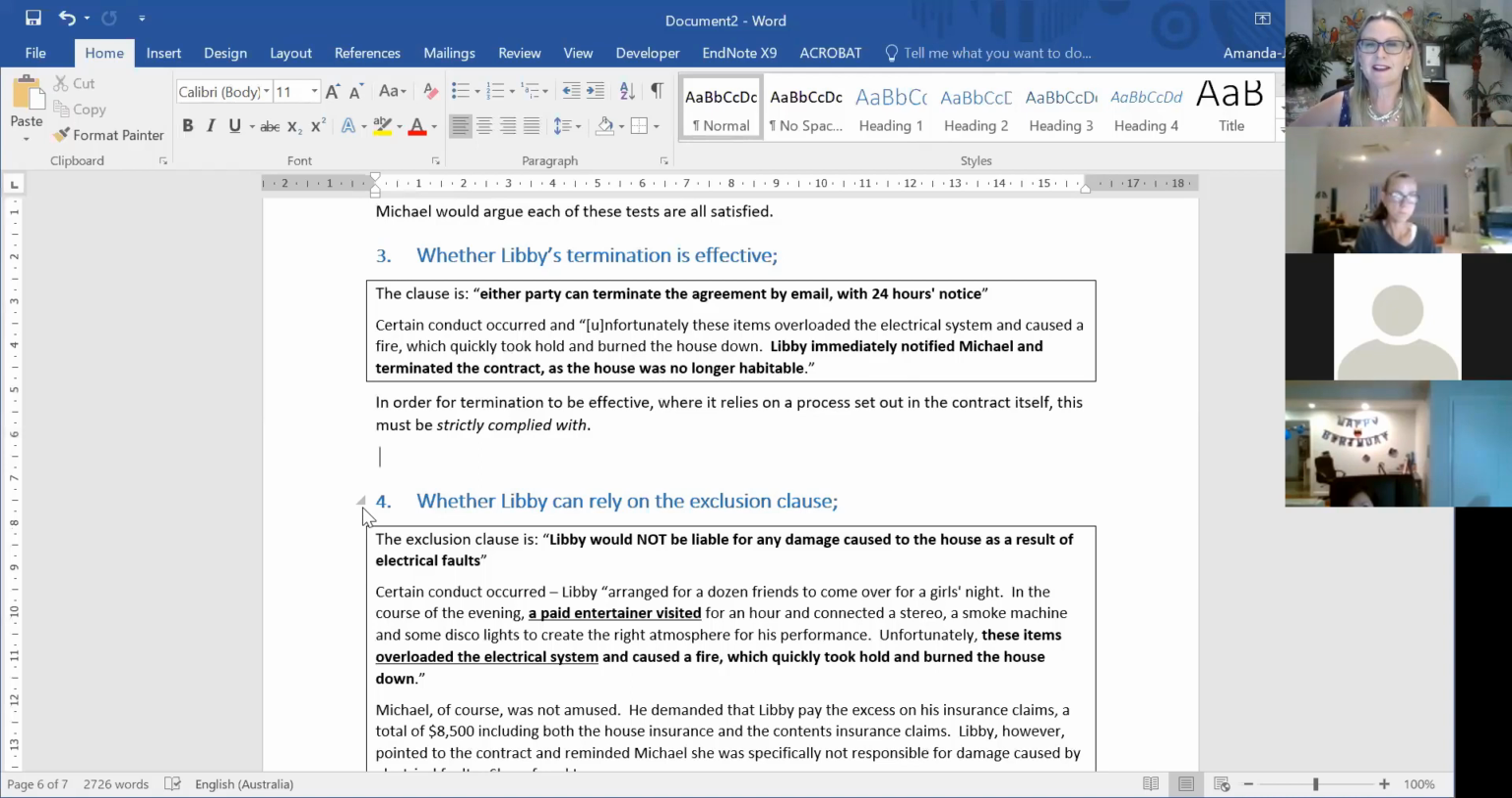Is the termination effective? I think we can deal with this pretty quickly. The clause is either party can terminate the agreement by email with 24 hours notice. All of that conduct occurred, the fire resulted. Unfortunately, these items overloaded the system, caused a fire. She immediately notified Michael